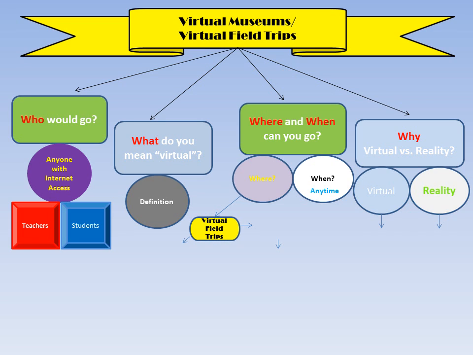Where would you go on these field trips? Yellow smiley faces pop to mind again. A type of virtual field trip is a virtual museum. I use crimson red in this rectangle because when I think of museums, I think of the dark red velvet do not pass ropes that keep you from getting any closer or going into a section that may be closed for some reason.